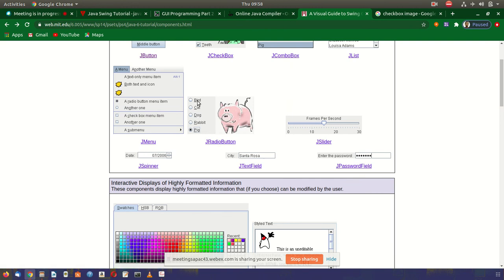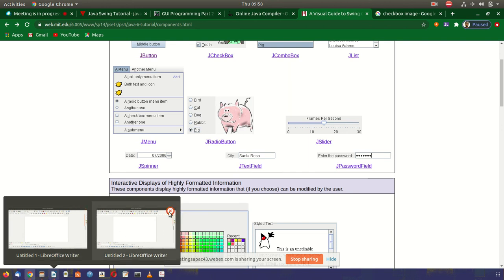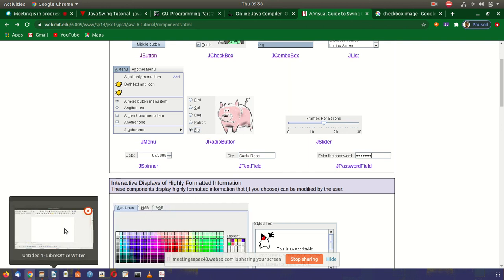Radio button is an option where only one out of the many can be selected. In an MCQ, if you click B, then B is your answer. If you click C, then B automatically disappears, and you can give only one of the many options as the value.